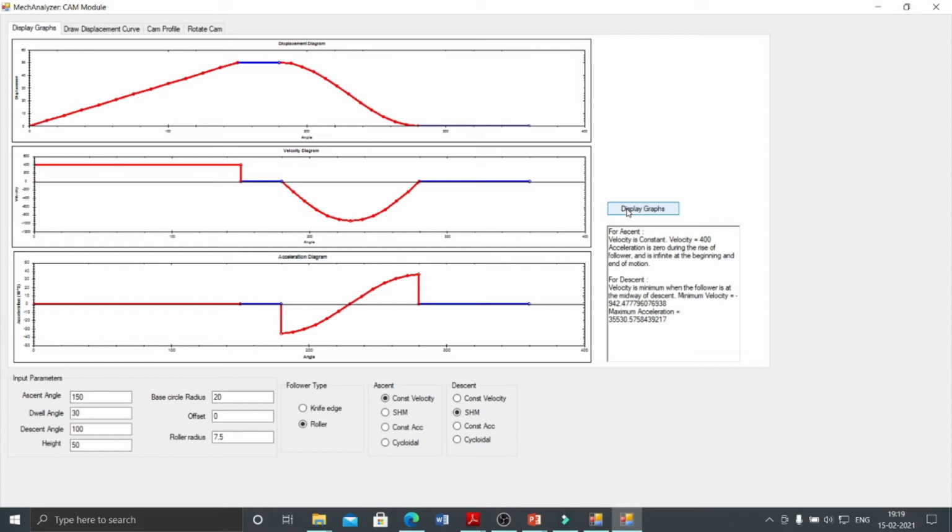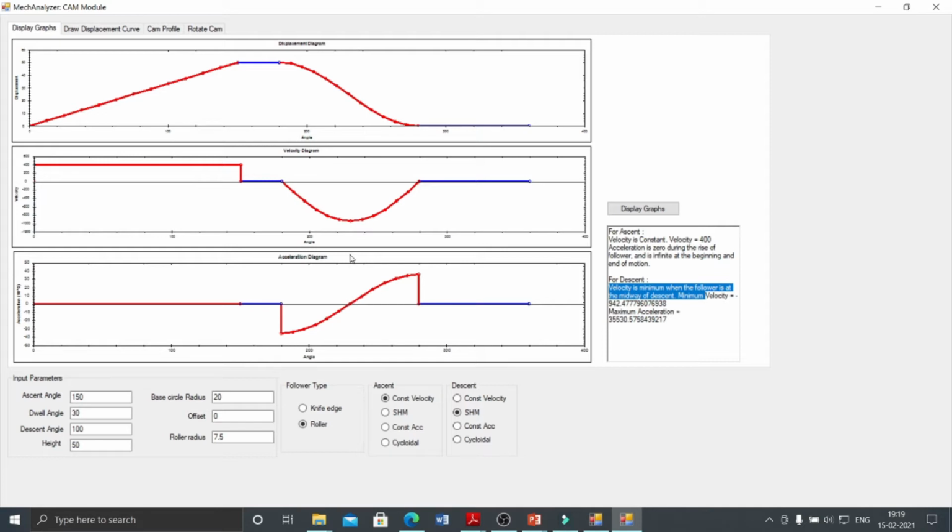Now here you will find the results for the velocity diagram. For the constant velocity, which is 400 mm per second, the acceleration is 0 during the rise, because this is constant velocity. Again, for the descent, the velocity is minimum when the follower is at the midway of the descent.